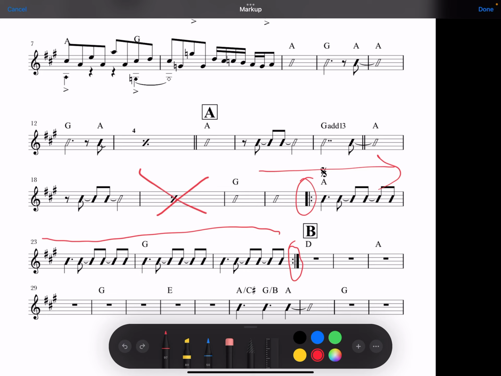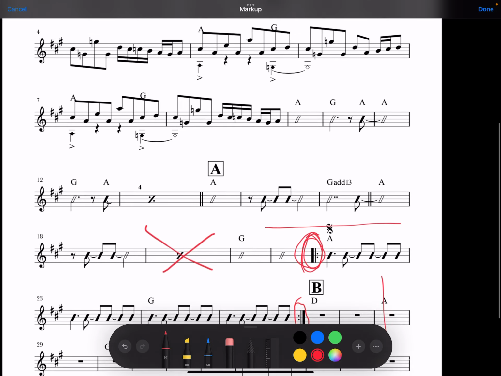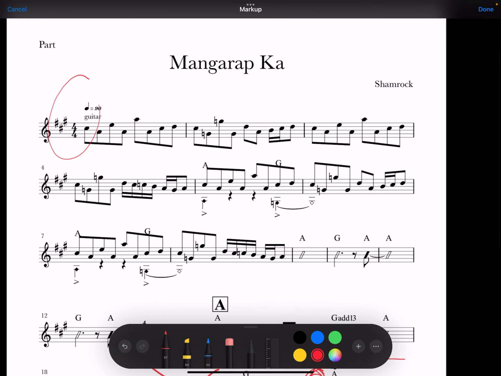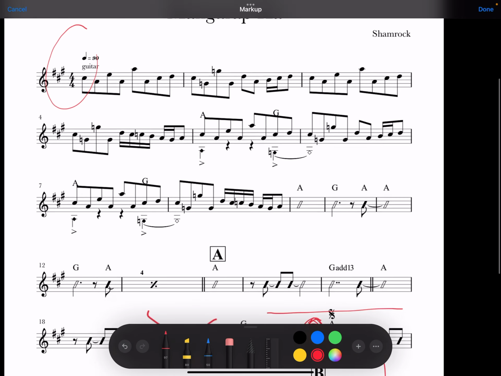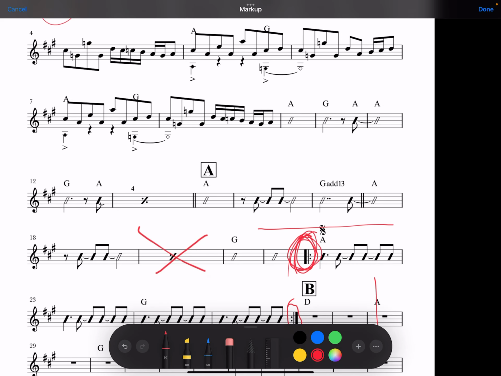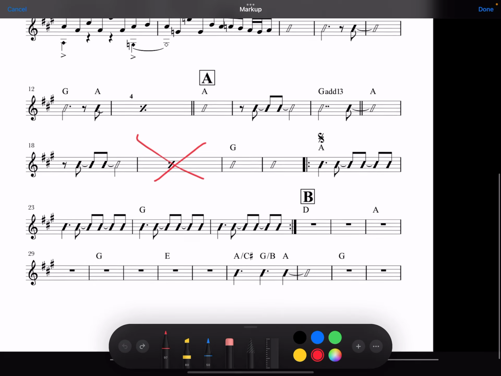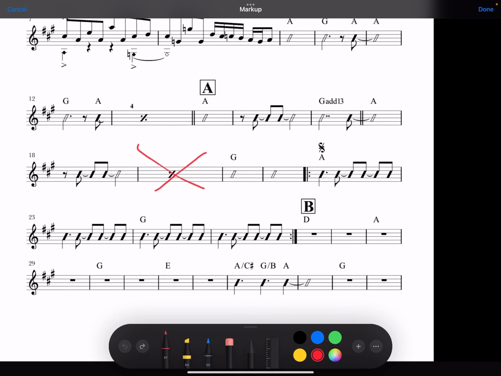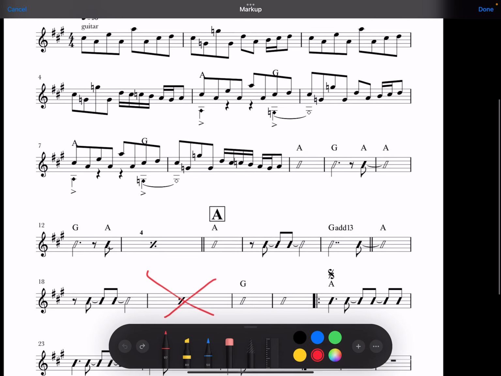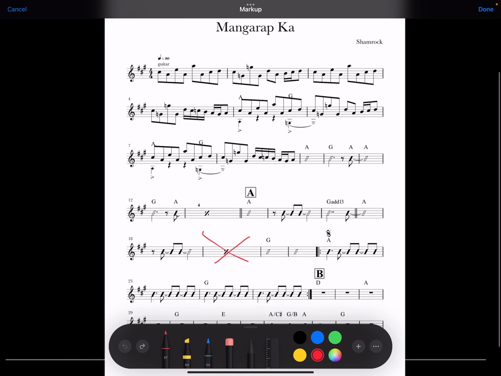Now, if there is no other repeat sign like this pointing to the right, then that means you go all the way to the start of the song, if you didn't see this. I'll give examples of that a little later on. Okay, so if you understand the repeat sign, we are now going to take a look at